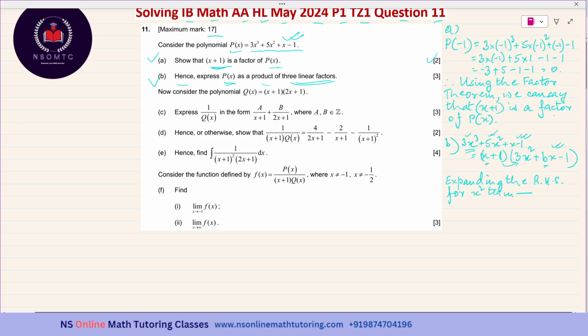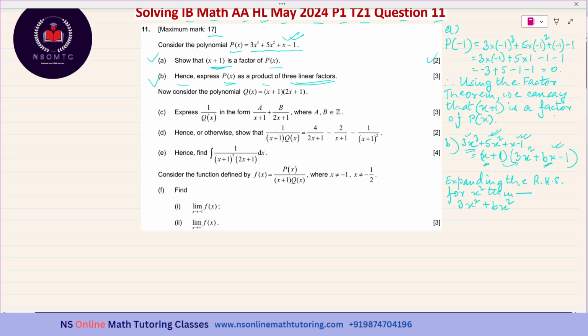Okay. So 1 times 3x squared is 3x squared, and x times bx is bx squared. These are the only two ways of getting a term containing x squared. So 3x squared plus bx squared